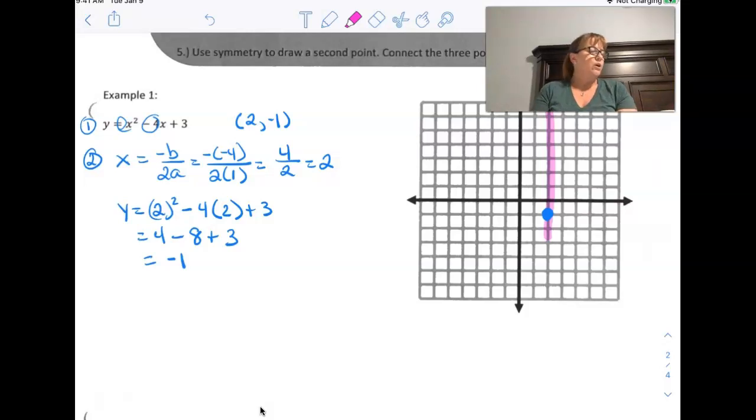Step 4, use the value of C. Where's our C? Our C is right here. It's a positive 3. Use your value of C to identify the y-intercept. Well, that means that my y-intercept is along my y-axis, and we go up to 3. There's my y-intercept. Step 5, use symmetry, meaning one side's going to be equal to the other, to draw a